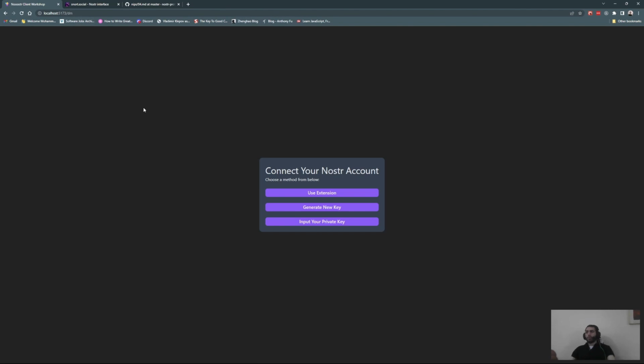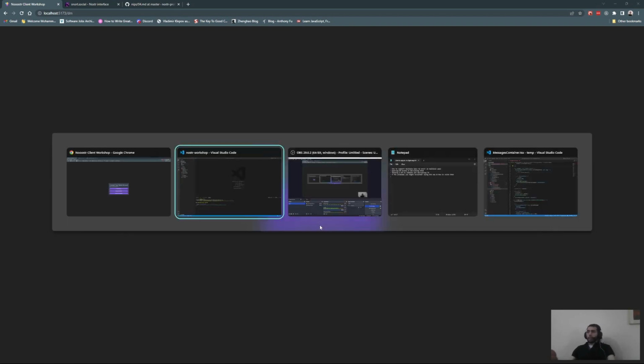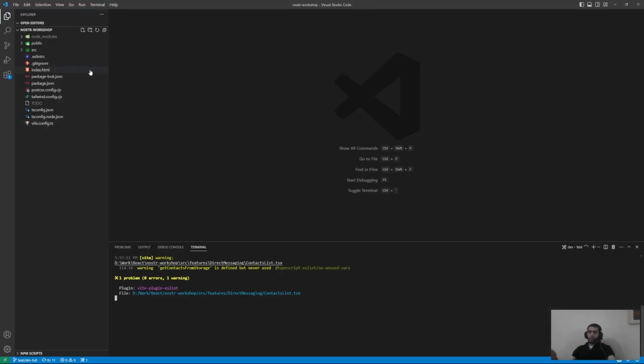So this is the project that we have. This is the first new UI. We did not have this UI the last time. This UI asks you to connect your Nostr key using one of these methods: either using an extension, generating a new key, or inputting your private key. So how this is done in code is basically